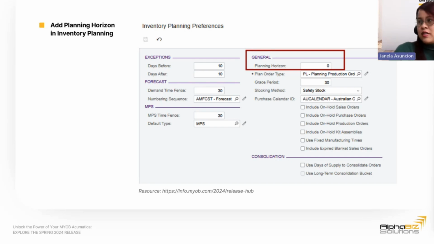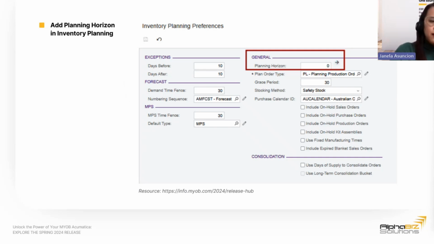If this planning horizon field is set to 30 days, and I have my SOs, POs, production orders, and transfer orders that go beyond 30 days, these would now be excluded in my inventory planning. So the inventory regeneration process would now consider the supply and demand on or before the regeneration date, plus the number of days that you include in your planning horizon field.